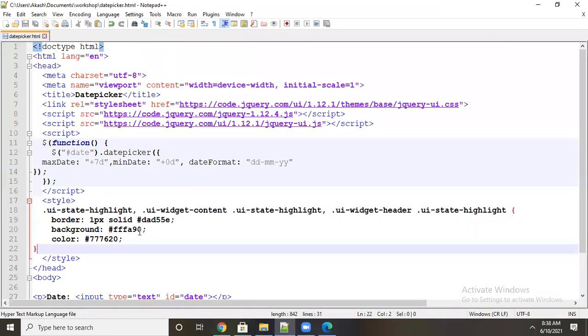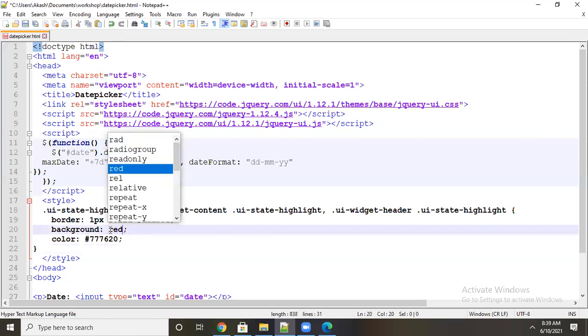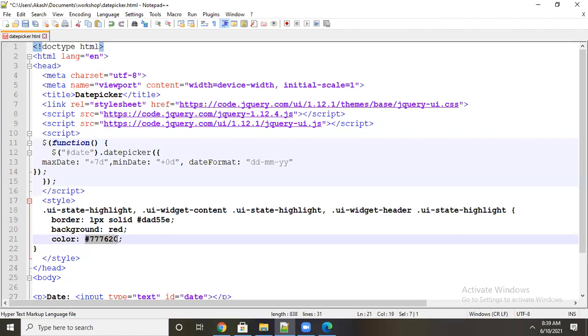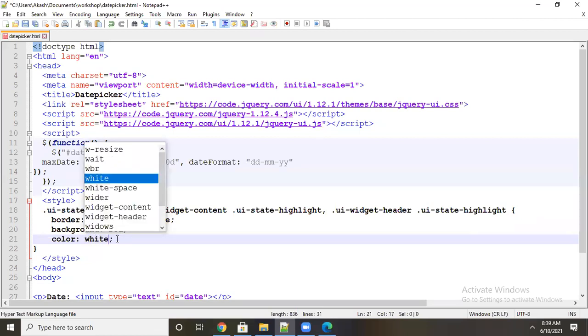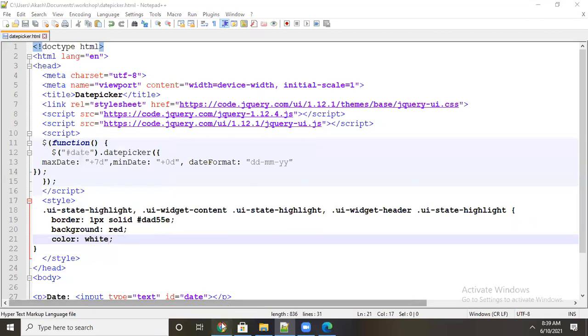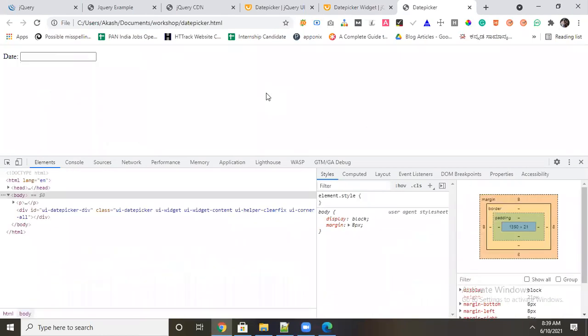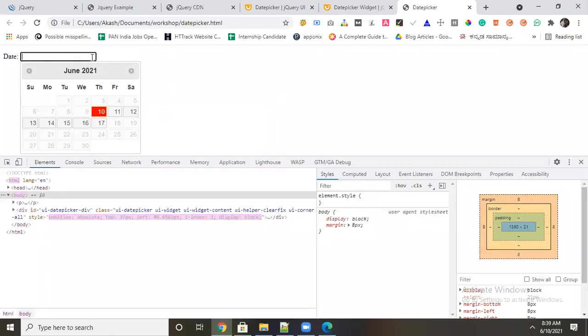Okay, I will change the background from yellow to red, imagine. And I will make the color white. I will refresh. Now see, it's changed.